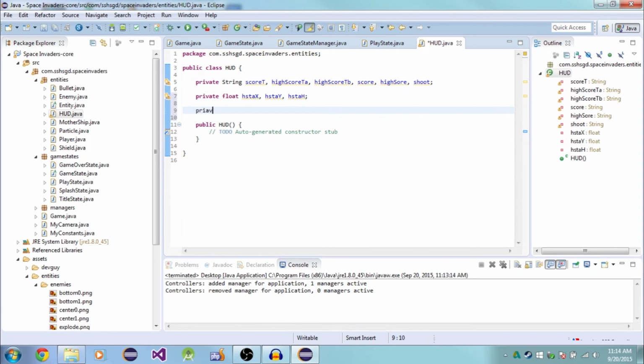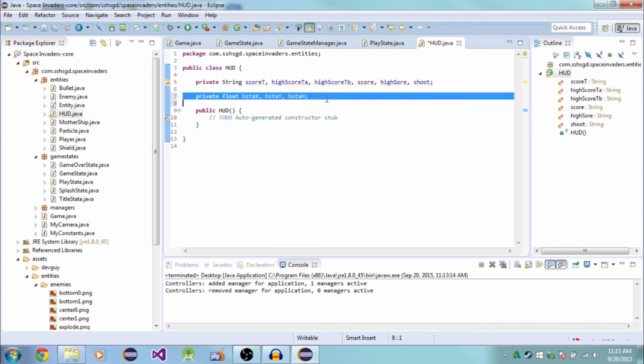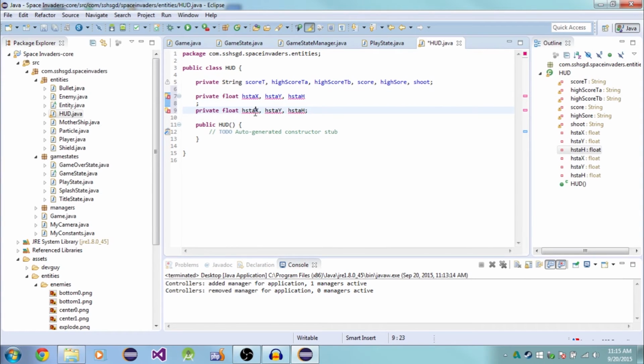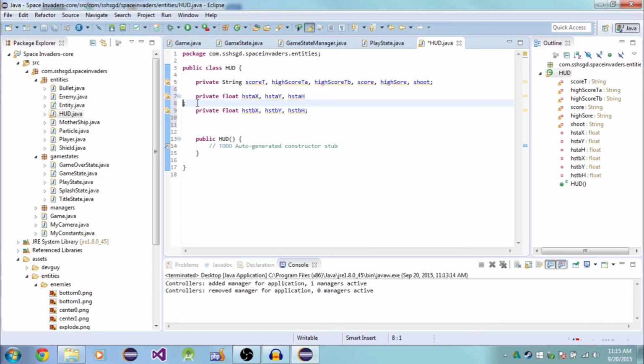Okay. We're going to make another set, private float HSTB X. Go ahead and just copy this line right here and replace these A's with B's. Okay, and then we're going to make one for the score T. This semicolon should be up here. There we go. So private float